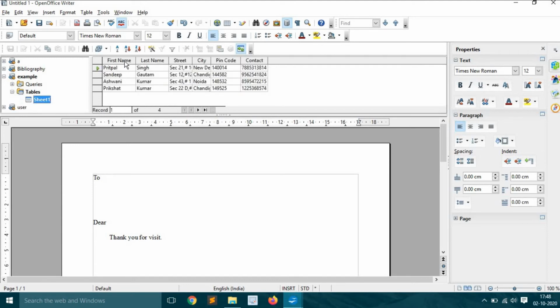When you click on sheet, all my data which is placed in my Excel sheet is available. Now we are going to drag the fields one by one. Suppose I want to write here 2. And after that I am writing address here.